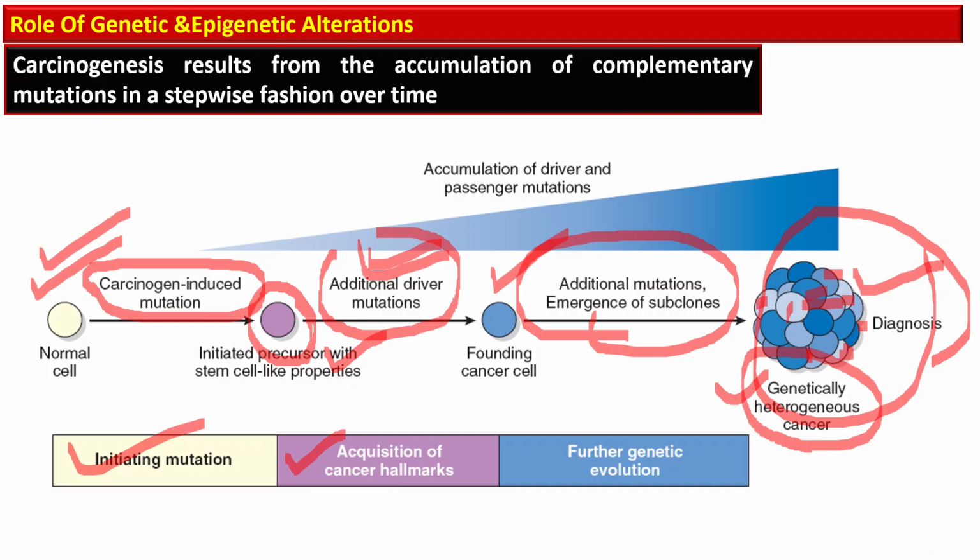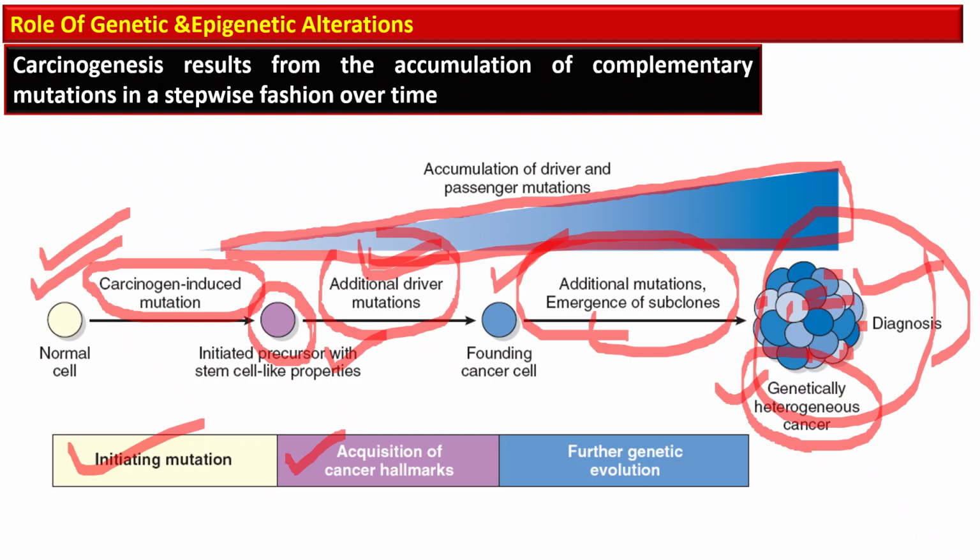And over here you can see that this occurs over a long time. So this triangle is showing the time that has passed from the normal cells to the conversion of